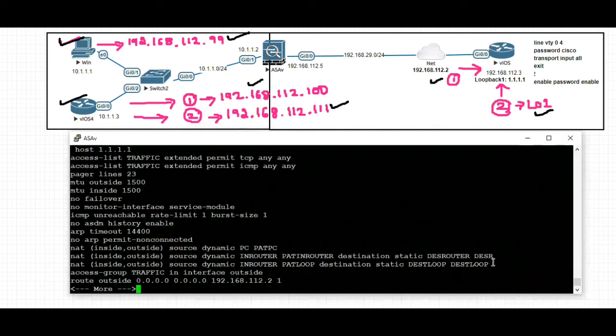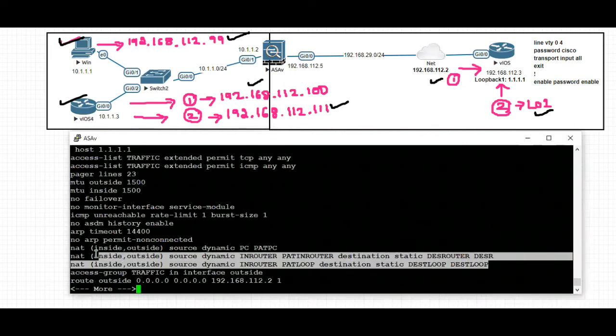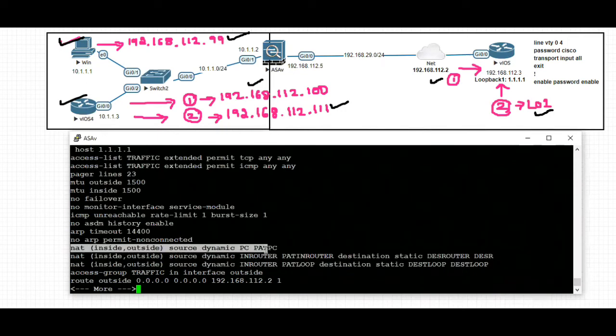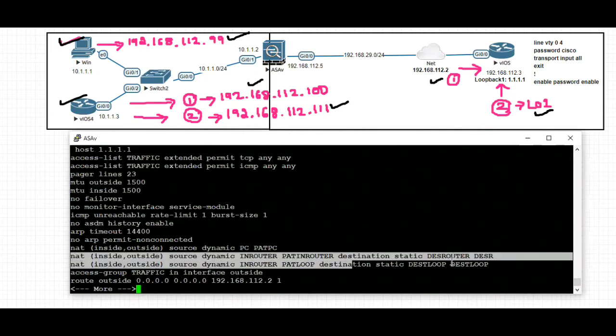Yeah, you've got 3 NAT statements here. So one is for the Windows PC to connect to the internet, for which I have not specified a destination. Okay, I have not given any destination address for this. But for the destination router